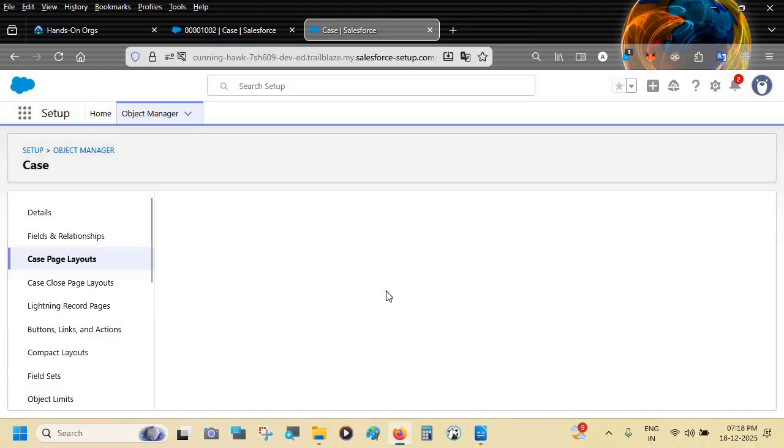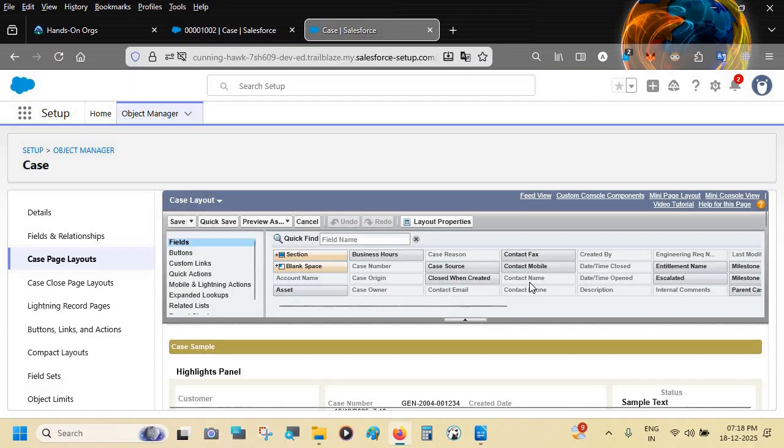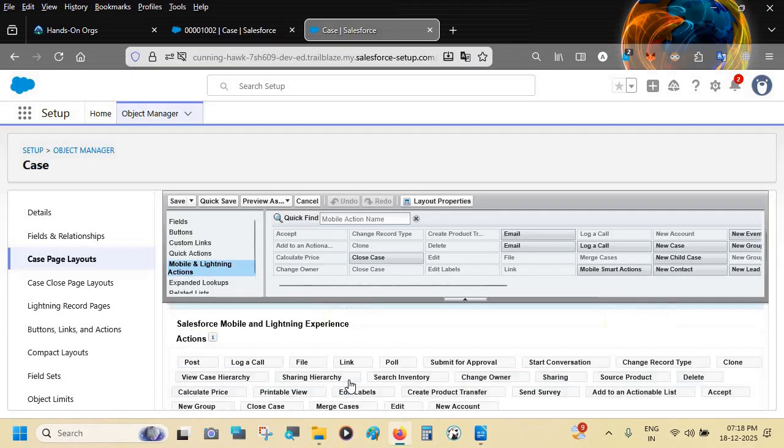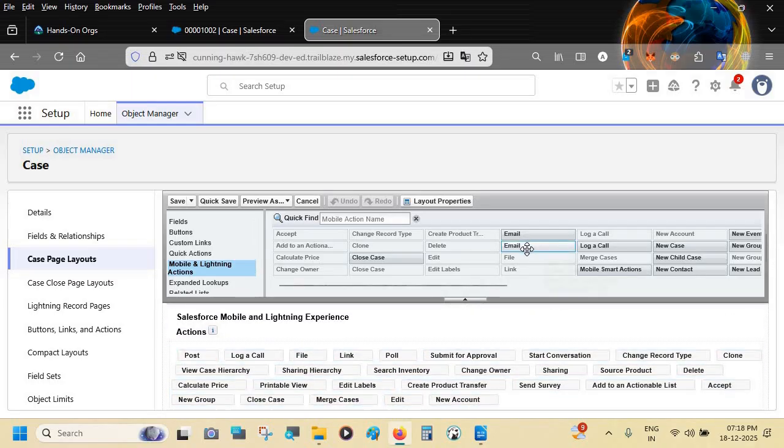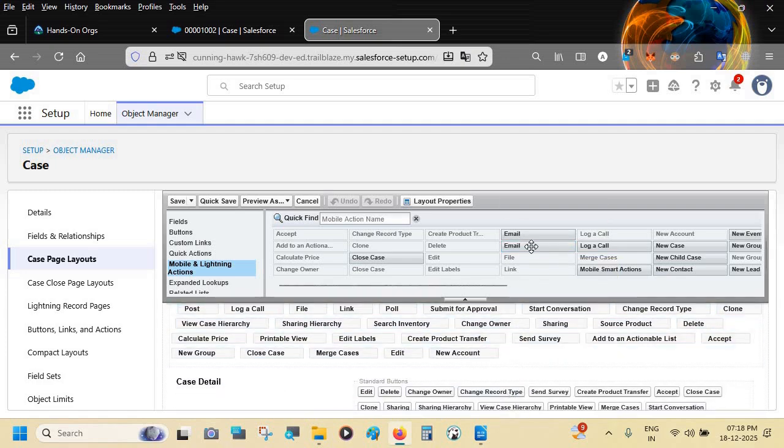After editing, you click here, mobile and lightning actions. Now you need to drag this second email action to here. Now just click on quick save